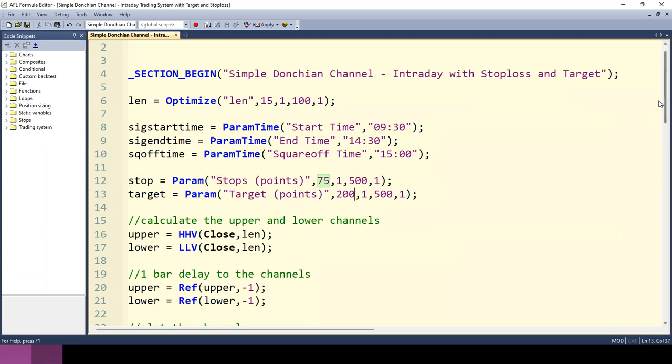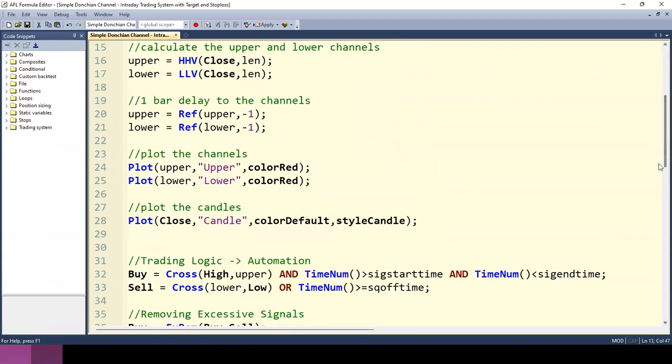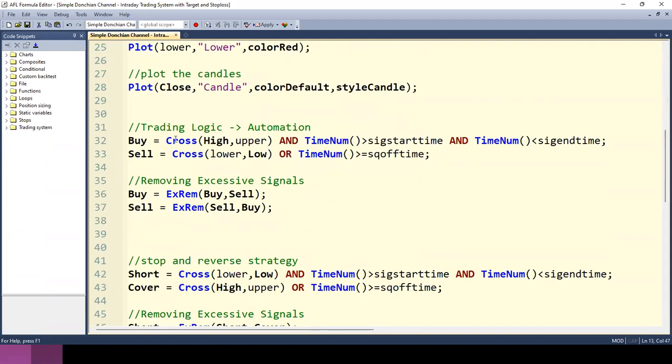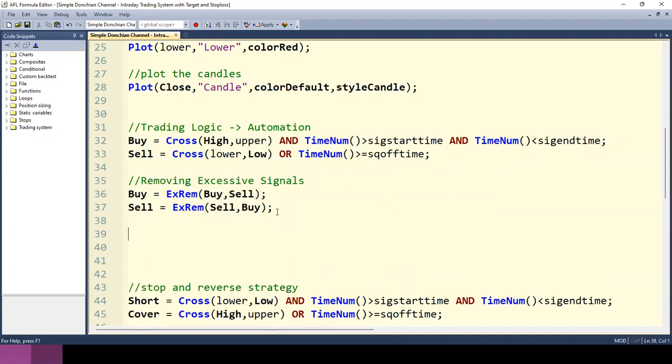Now, what I want to do here is, so I have a control. I can set how much target I want, how much stop loss I want. All those are in number of points. And now when it comes to entry, so now we have an entry over here. This is where things will get tricky. I got the entry. So if I got the entry, I also need, finally, I'll also do an ExRem. So I'll be getting an entry over here. Now, once I got the entry,